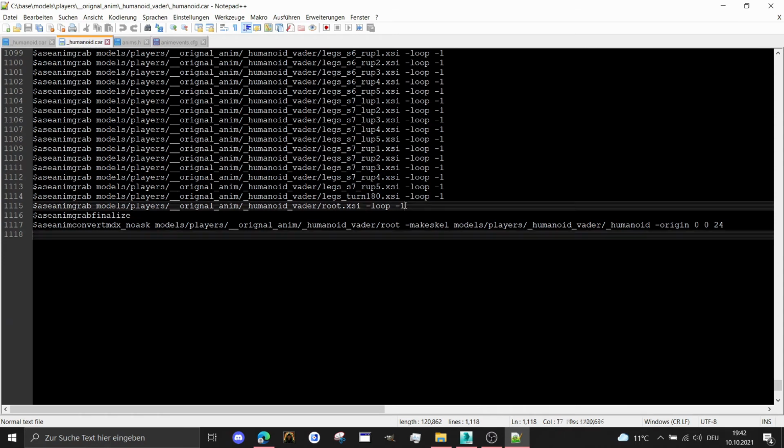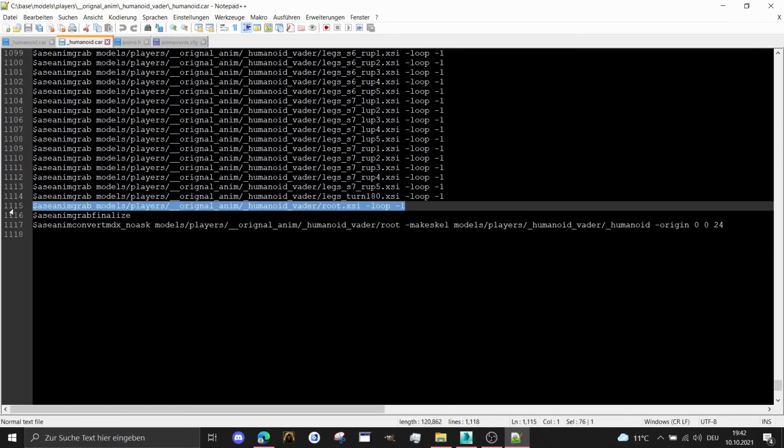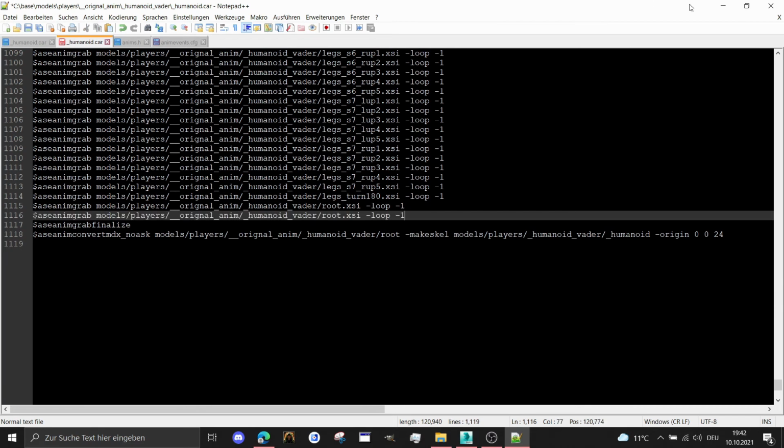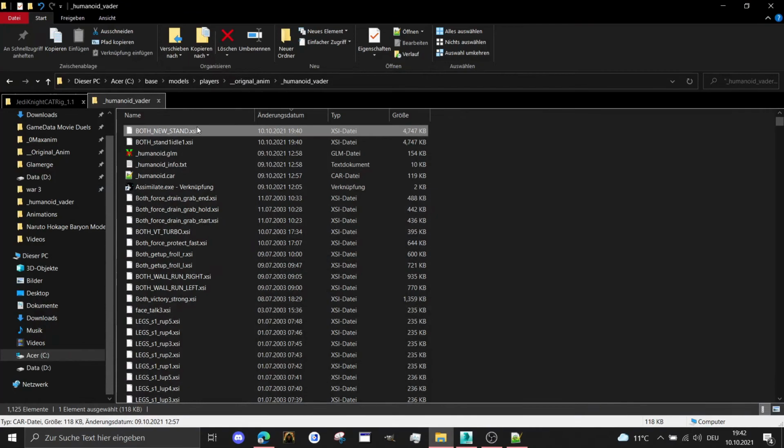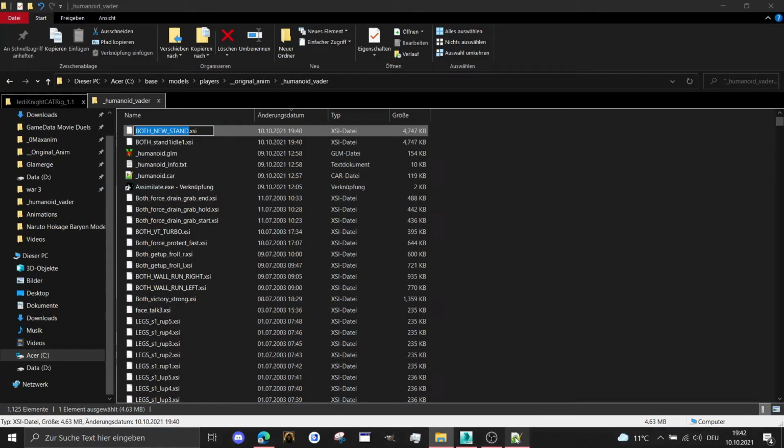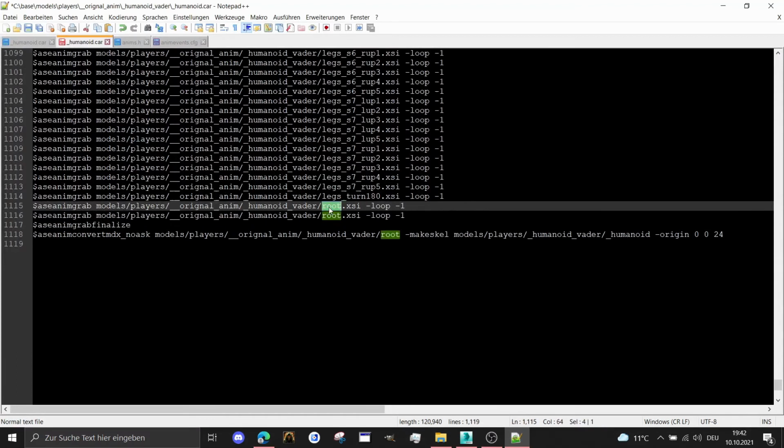We're gonna copy the whole thing and paste it again, so we have set down root a bit more down. Gonna go to our animation, copy the name, and with double click we change the root animation here to our new animation name. That means there has to be root, but here can be our new animation. Gonna save it,